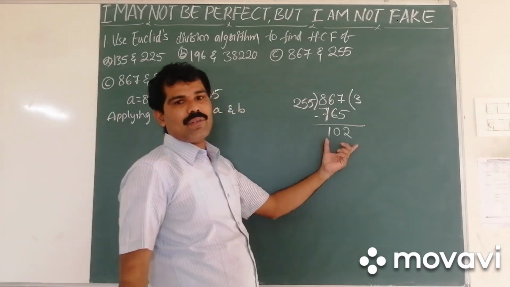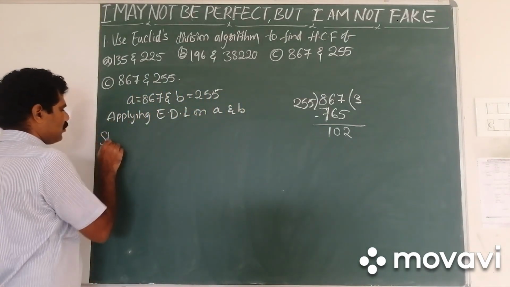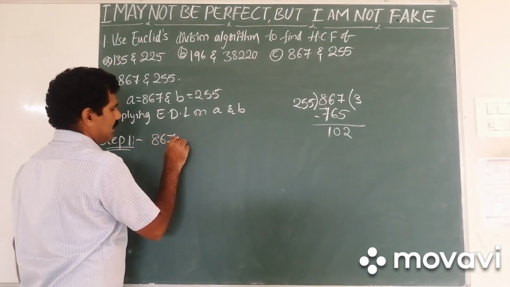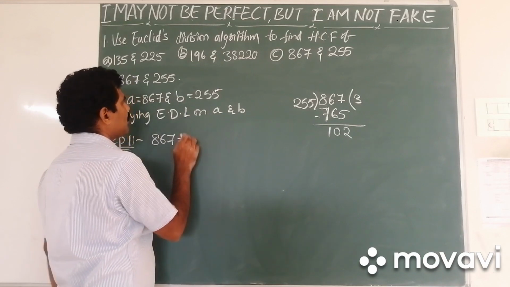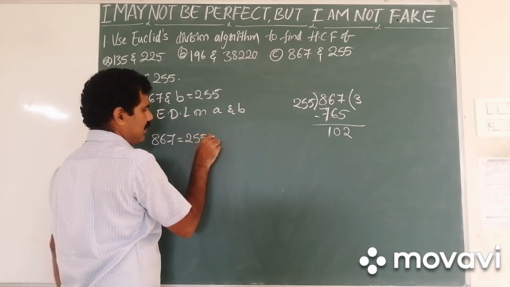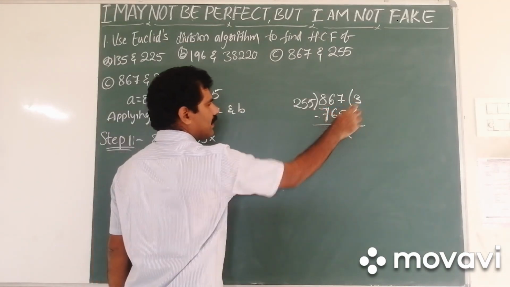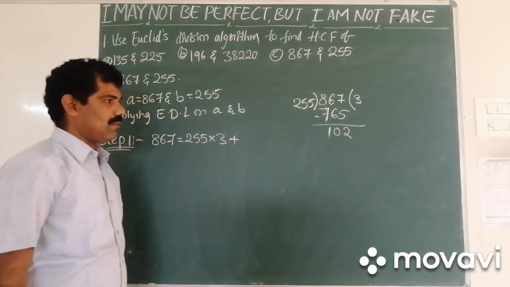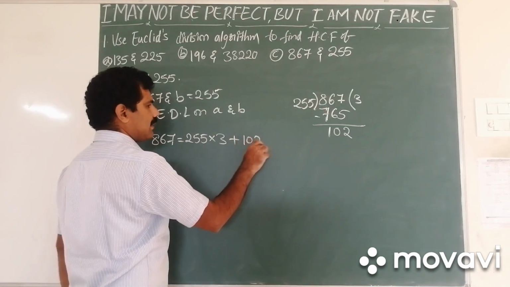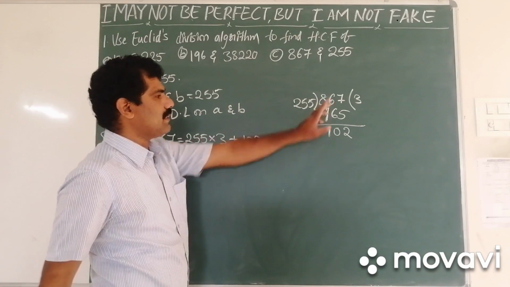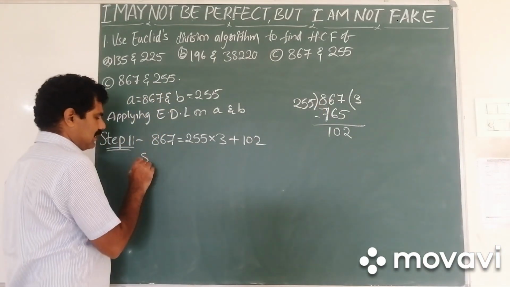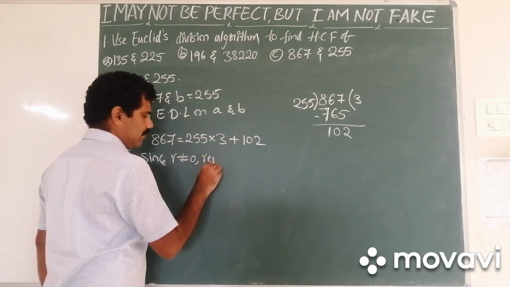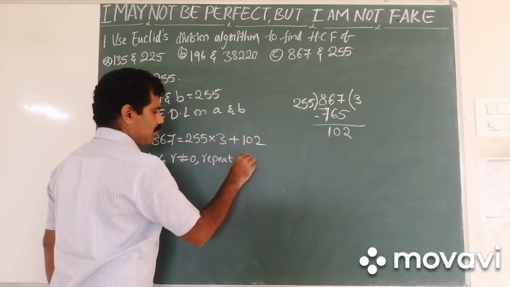So the remainder is not equal to 0. So step 1, how to write? Step 1, A has to be represented in the form of BQ plus R. What is B? 255. B into Q. What is Q here? 3. So plus, 255 threes are 765, and the remainder is 102. If you add 102 to 765, you will be getting 867. Okay, so since R is not equal to 0, repeat the above step